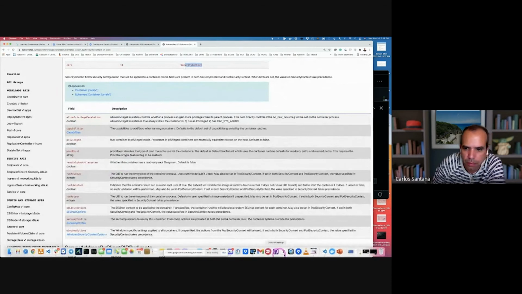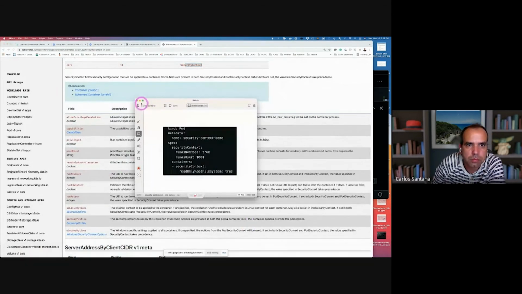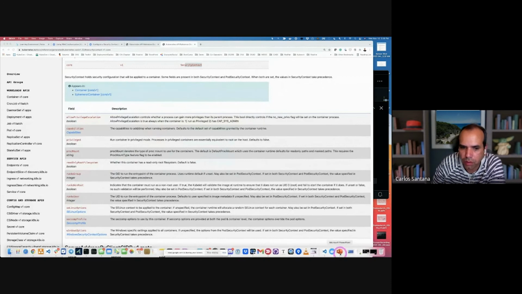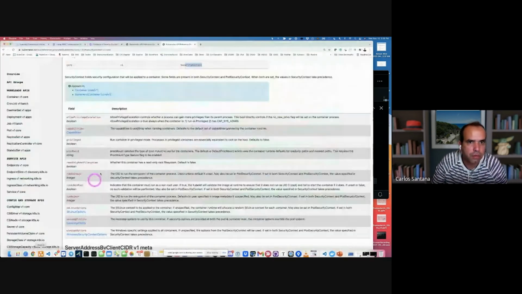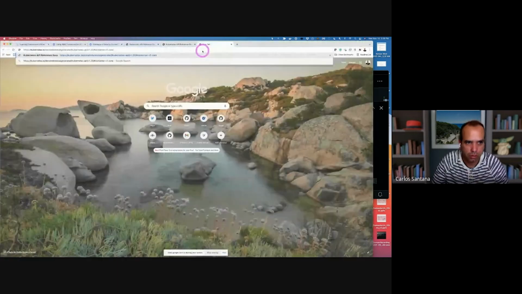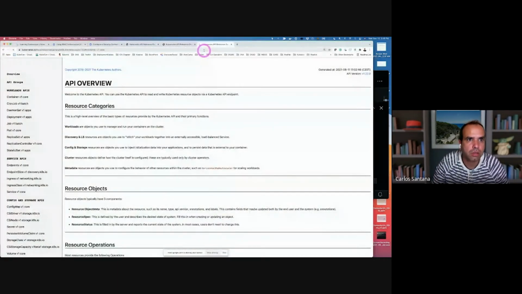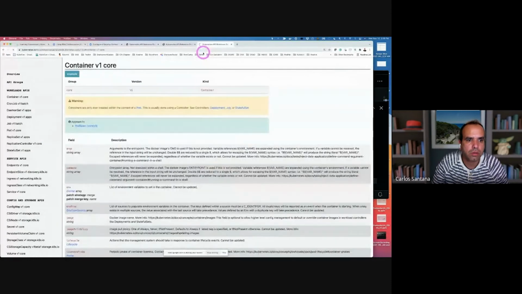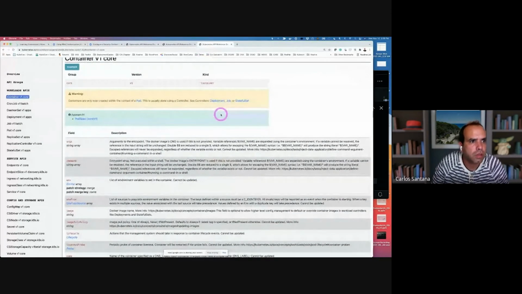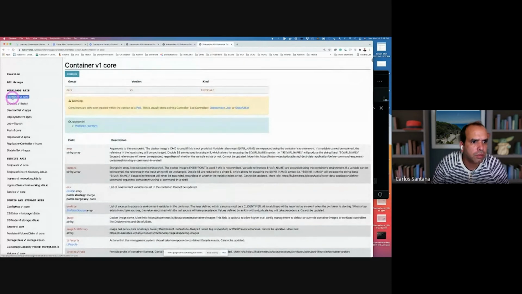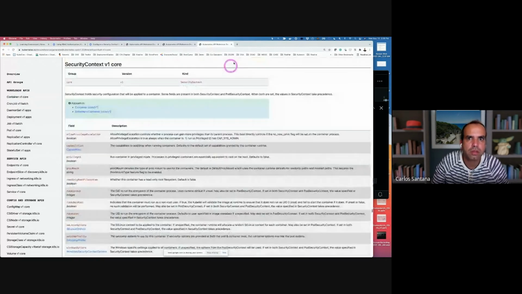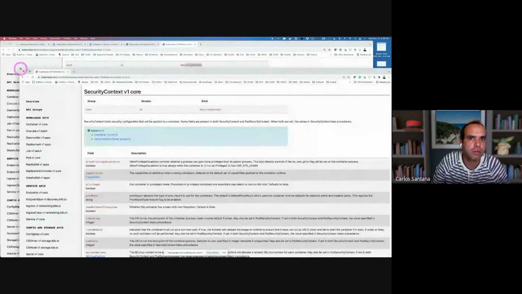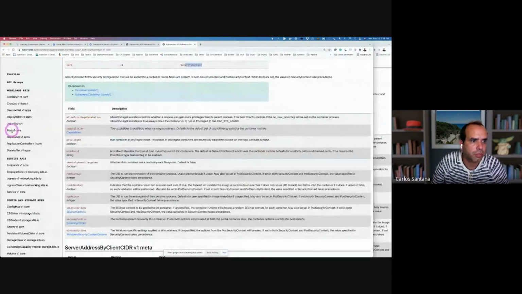Let me look for the other one. Let me see if I can find the other one. I think there were two. So this one is the other one. So we have two here. So at the container level, you have your security context, which you can specify here. And that's the one at the container level. And then in the pod,